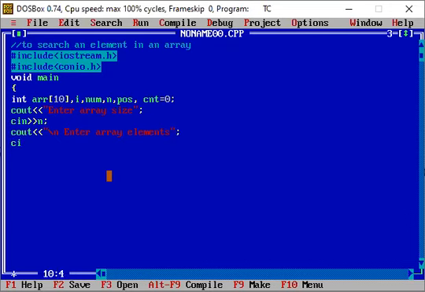As you know, in order to use array elements, we require a particular loop, so that we can insert all those elements in a sequence.